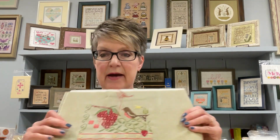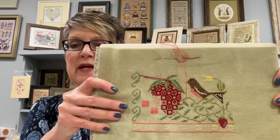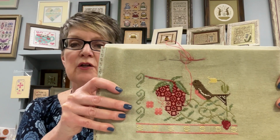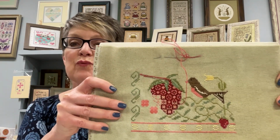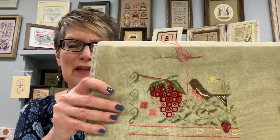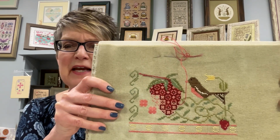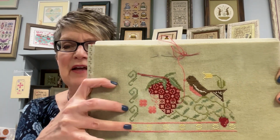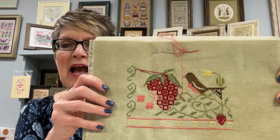Okay, so last week I had added all the yellow and I finished the bird. And this week I started adding the color Holly Berry to the strawberry. So the strawberry is really coming into its own, and I have less than half of it left to do. Then I just have to do the same color down in the border, and I have to finish the